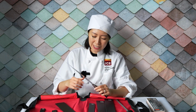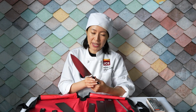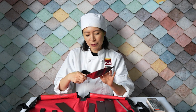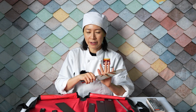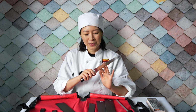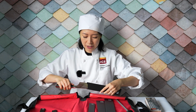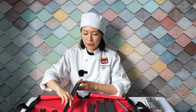All right, this is our chef's knife, an 8-inch chef's knife. This one is not Zwilling, Miyabi is the brand. It's made in Japan. This is the most important knife that a chef can have, because it's used for meats and vegetables and anything and everything under the sun. This is probably definitely the one we'll be using our whetstone on every single day. All right, let's put this back in its knife guard, and we'll move on to